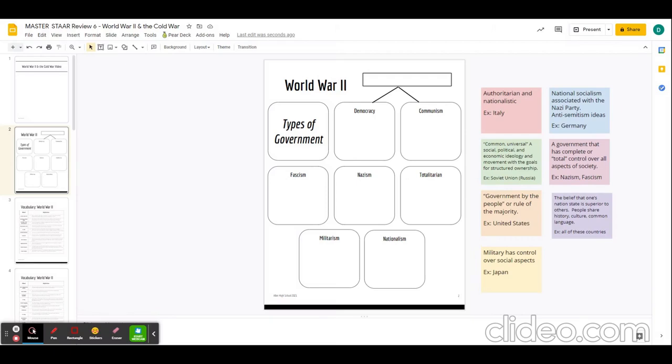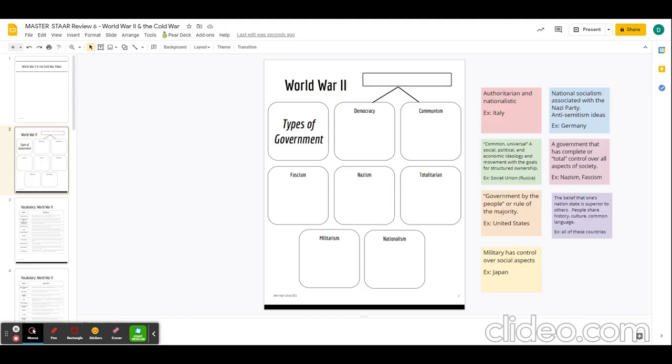All right, today, guys, we are going to be reviewing both World War II and the Cold War for our STAR EOC. We're starting on slide 2 of our packet for today, and my screen may look a little different than yours. I set up some little drag and drops just so that there's a little bit less typing on my end and more talking as I am instructing y'all.